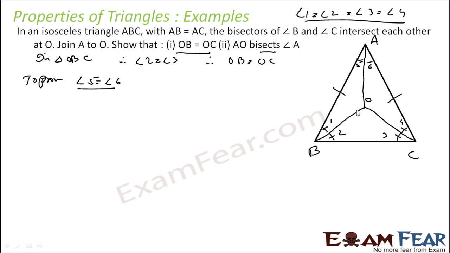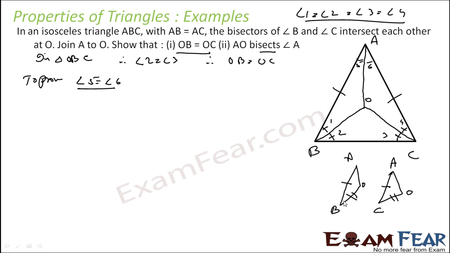Now if we take these two triangles, this triangle and this triangle, let me just show you these triangles. This triangle which I have taken, I'll draw a similar triangle like this. AOB. Now in this AB is equal to AC, so I'll just mark it A here. I'll say AC because corresponding sides are equal, and then we'll have O. So if you see this triangle, AB is equal to AC. Now since these two angles are equal, OB is equal to OC, we have proved.